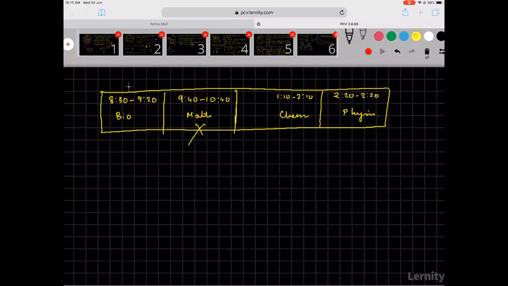If bio ma'am is not there, I can't go and teach physics there because I know the computer science students are not expected to attend it. So now this class, all of you are expected to attend. This class, all of you are expected to attend. This class, all of you are expected to attend. And this schedule doesn't change. And for God's sake, please do not ask anybody else.